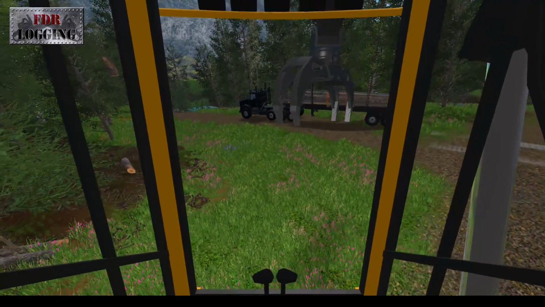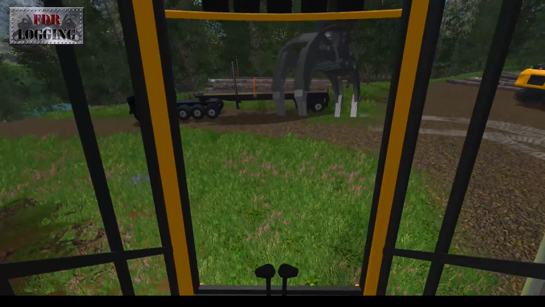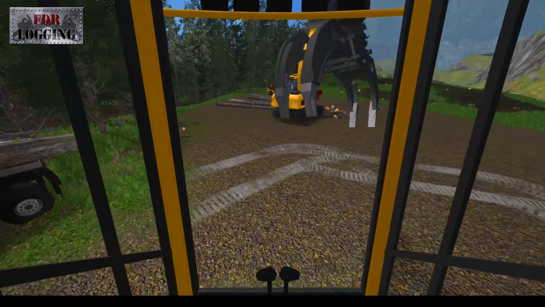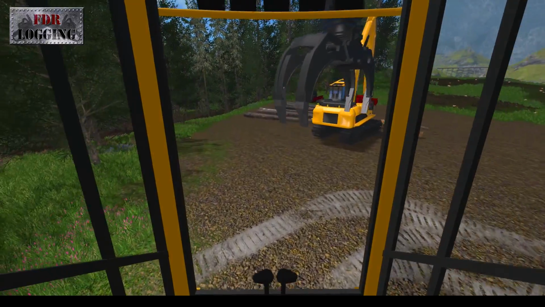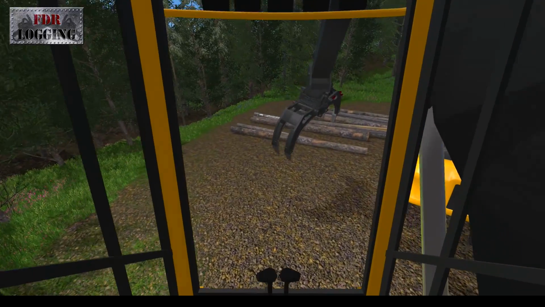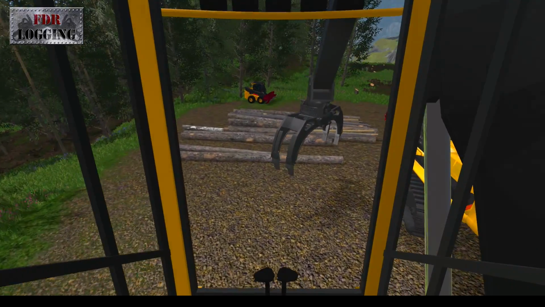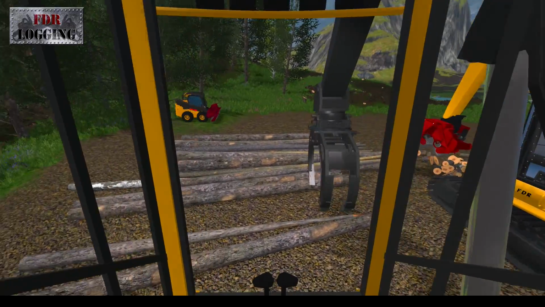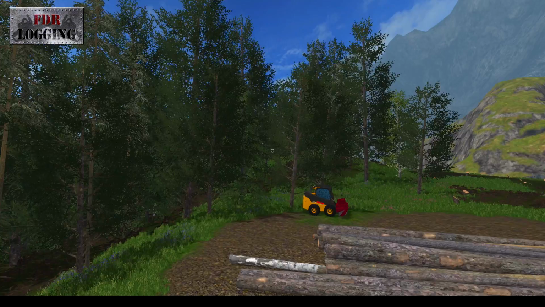Alright, let's get this bad guy out of the way. I'm gonna go park it over by this truck. Actually, we should go park it over by the longs pile. Maybe before we start processing, we'll get rid of some of these long logs. That sounds like a good idea. I don't think we can do it all in one shot. So what I might do is...